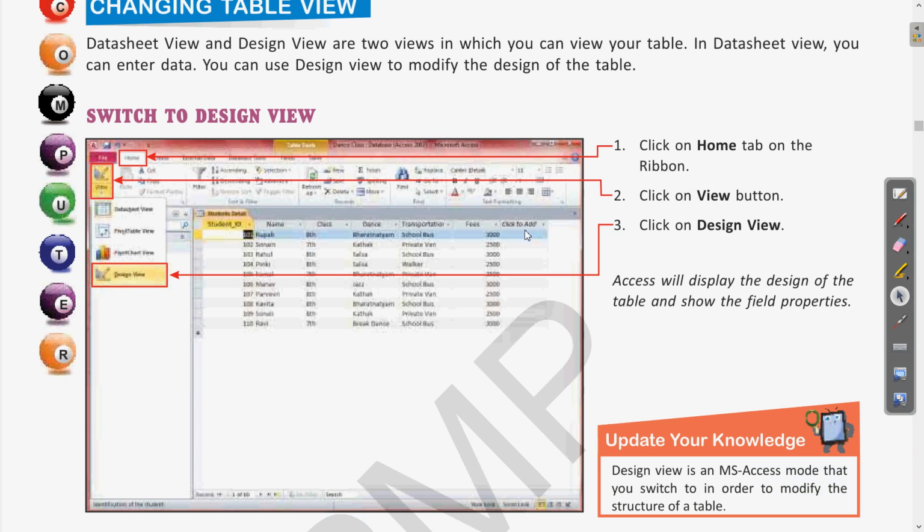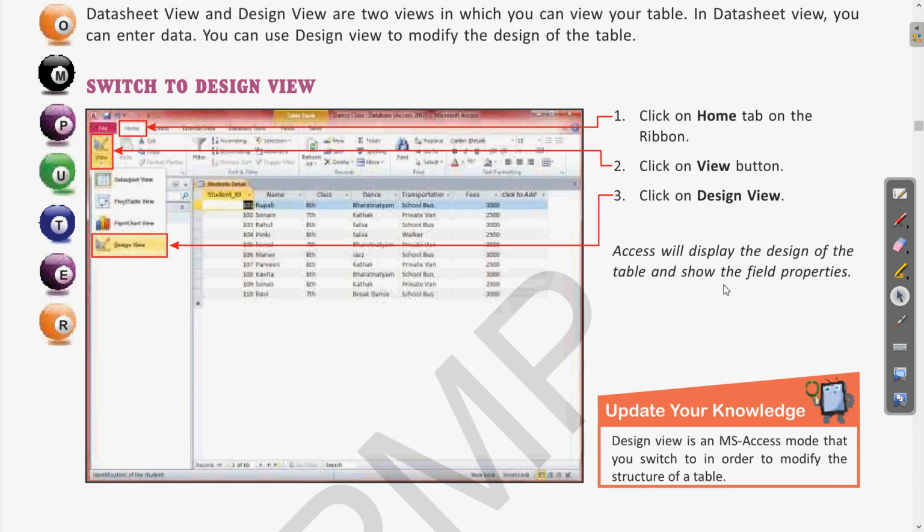So this was the first step to switch to design view. Let us read the update your knowledge. Design view is an MS Access mode that you switch to in order to modify the structure of the table. Clear? Yes, it is correct.